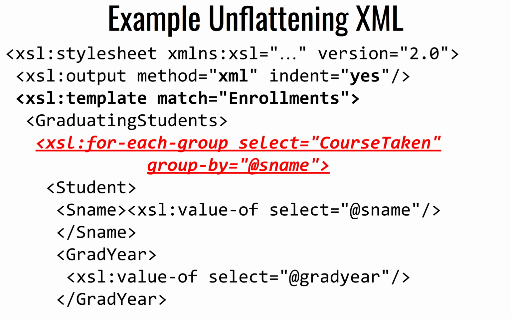All right, so what we're going to do here is first pattern match the enrollments. And for the enrollments, we'll just do from root to root. So the enrollments is the root of the incoming XML document, and the graduating students is the output. And we're going to grab the course taken. We're just going to iterate over that. We're just going to do a plain for each. But notice that we're not just going to do a for each. We're going to use another one that's called for each group,